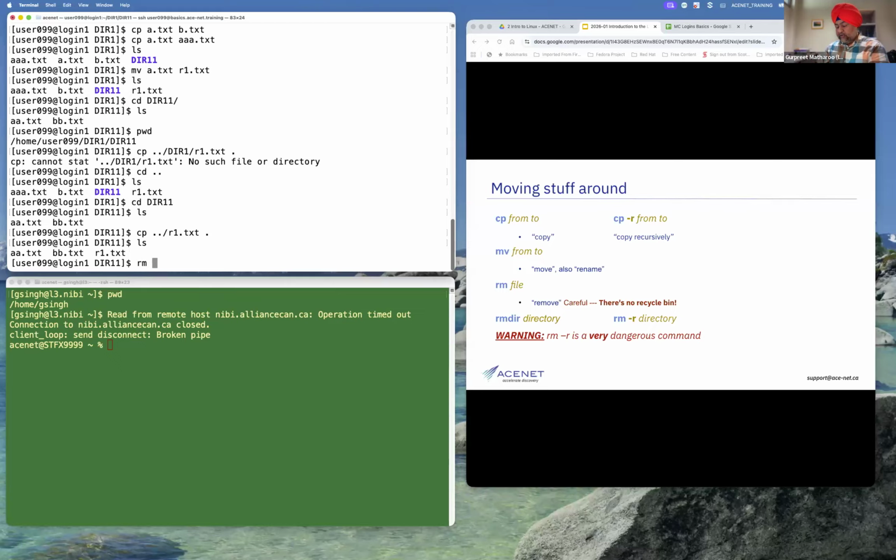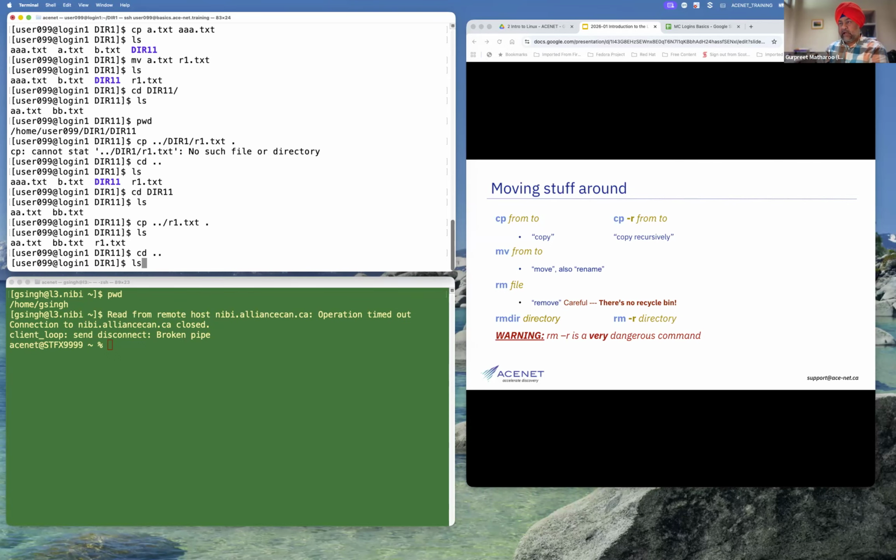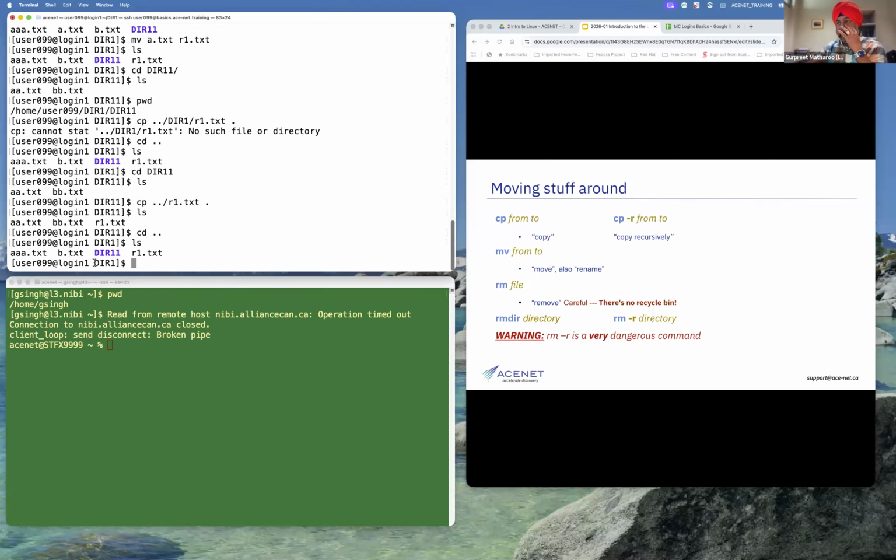Let me go one step back. I am now sitting at dir1, and from here, if I want to copy into dir11, let's copy AAA.txt. With cp, the source is this particular file, AAA.txt, and my destination happens to be dir11, which you add at the end.